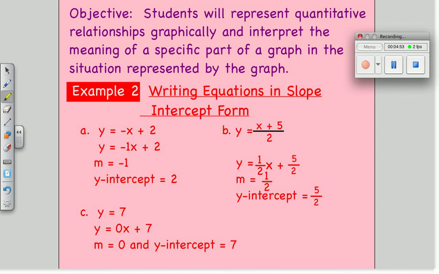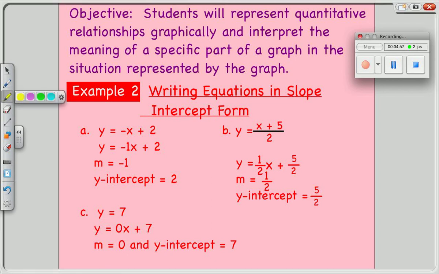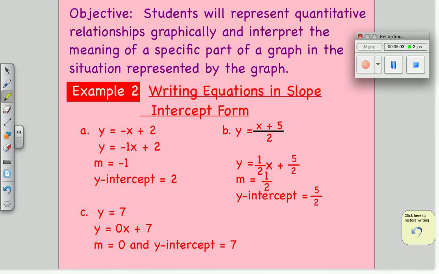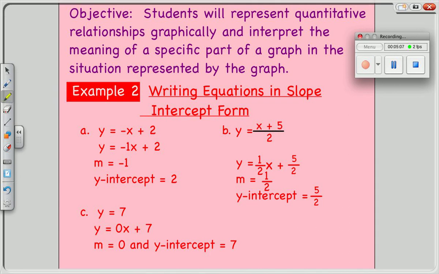Example 2, writing equations in slope-intercept form. So we have to make sure that the equations are written in the form of mx plus b. y equals mx plus b. Okay? So y equals,